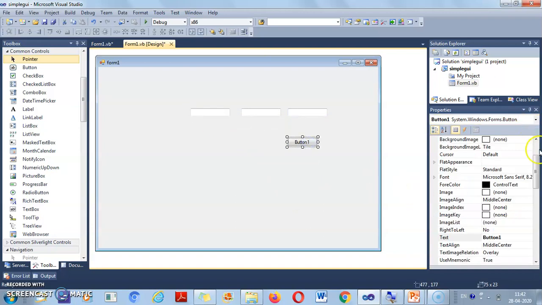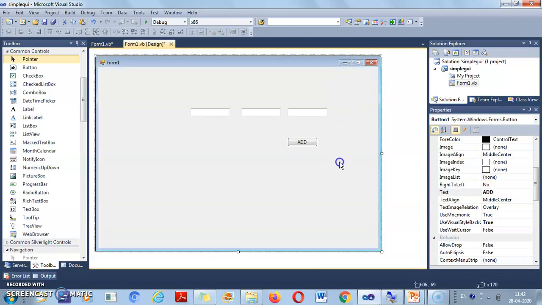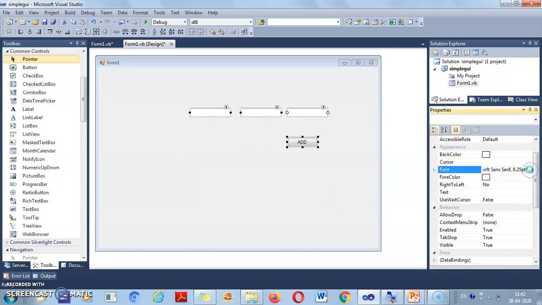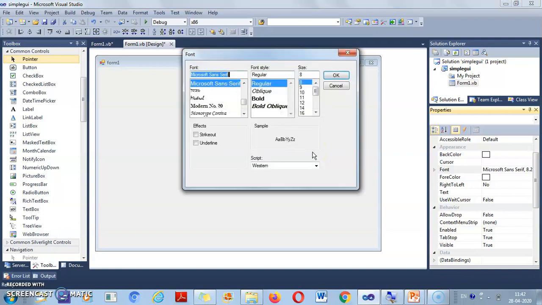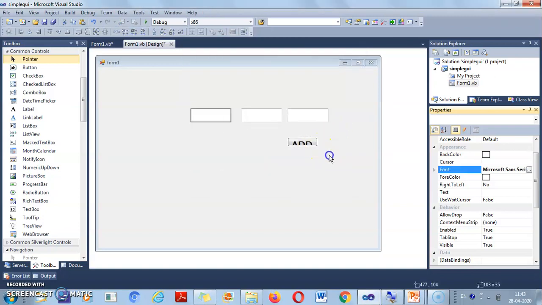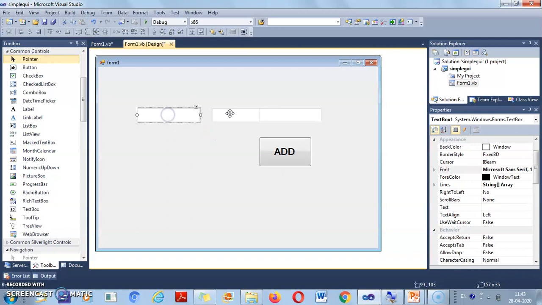So we have to give the name to the button, and we will increase the font size of all the text boxes so that they will be good to see. So look here, now it is clearly visible.